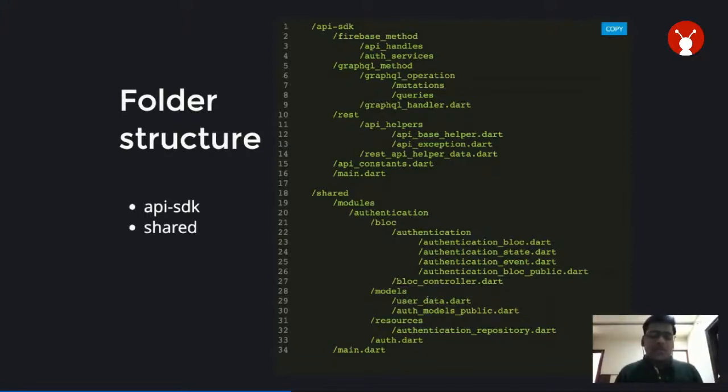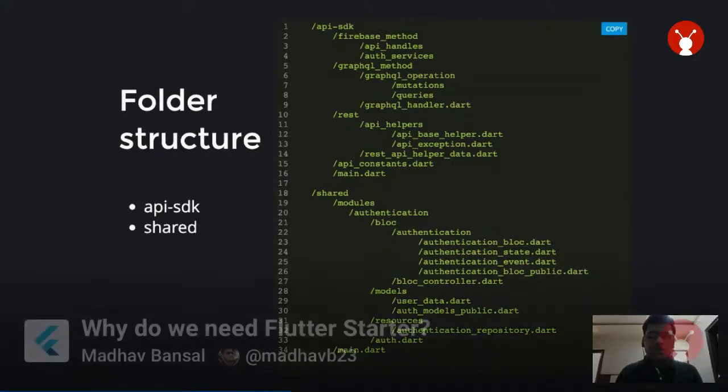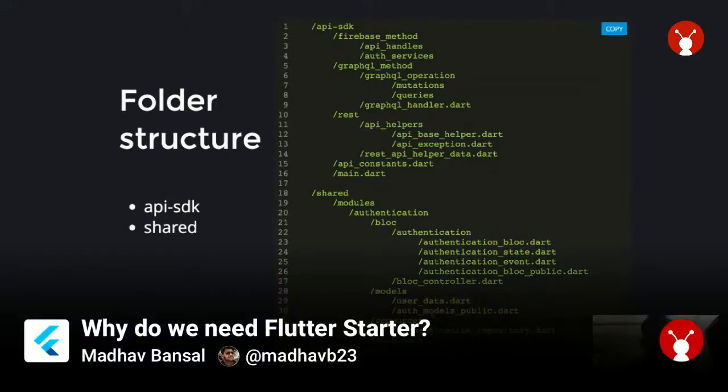So how does the data get inside? It serializes the data as soon as you make an API call, so the response gets stored inside the model. So that's the need of the model here. We have resources here. Inside the resources, we have authentication_repository.dart. For this example, we have authentication_repository.dart. I'll be talking about this in detail later in my slides.